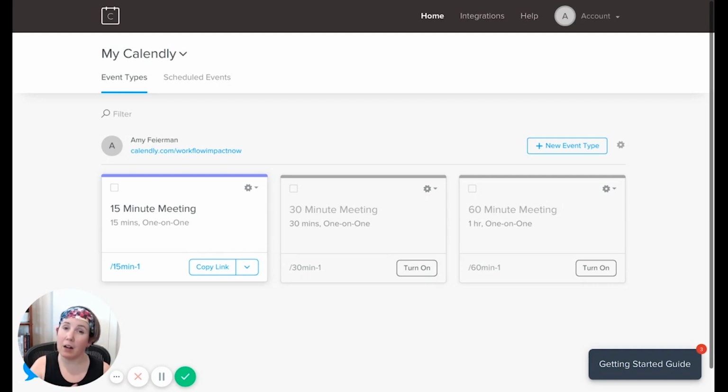work with. And now you have a lot of flex as to what that looks like and what that can be built out. It doesn't just need to be a coffee chat or a discovery call. If you want to use it for internal clients, you can do that as well. So think about how you want to use it and if you're trying the software out to see how it works for your business, pick the one that's most used so that you can see how it works for your